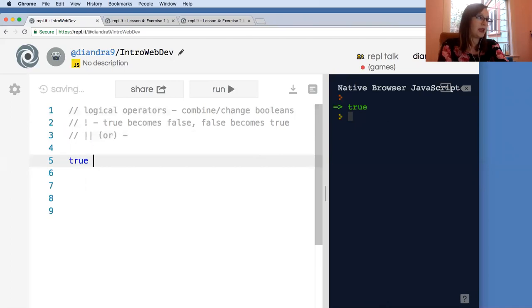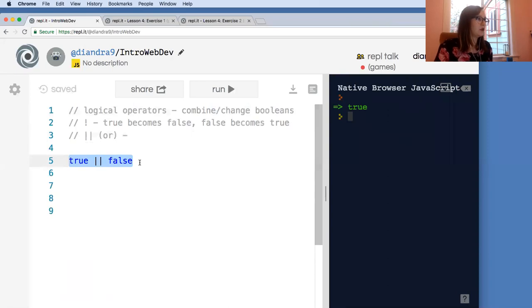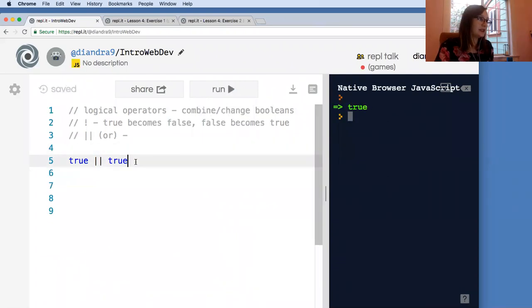So think about it as if something was true or false, that becomes true. So the or is basically a way of combining two Booleans, and we're interested in if at least one of these is true. So if at least one of the two values is true, then it becomes true. If both values are true, it still resolves to true. However, if we ORed two false values,